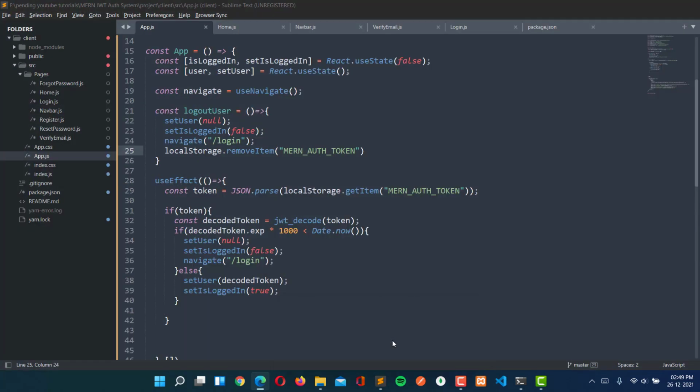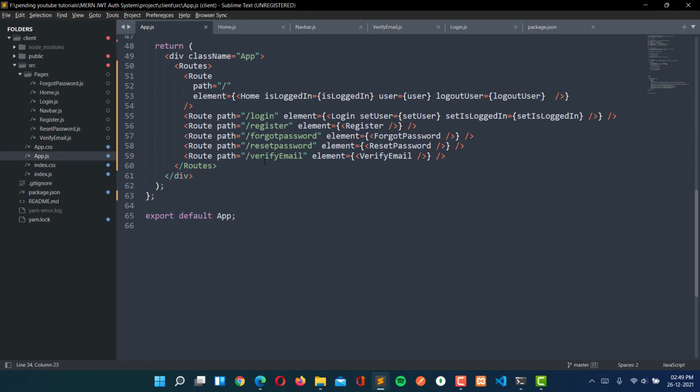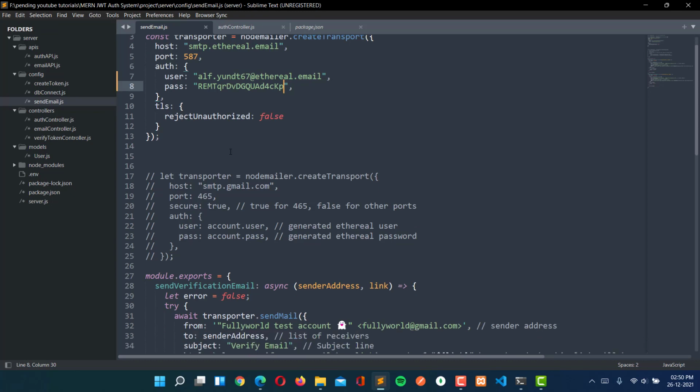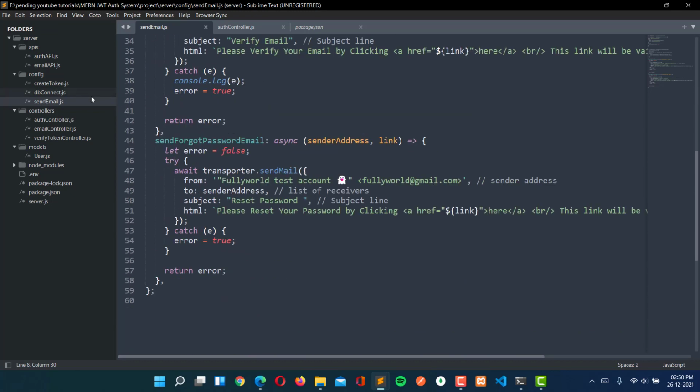And so first of all, let's see what are our routes for the forgot password. So see that we are having the route that is reset password. So we are having the route reset password. So this will be reset password, same like verify email and this one. So here let's move forward and let's go to the send email, and we don't have to go to the send email here.